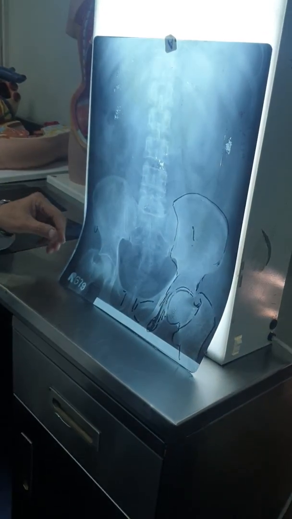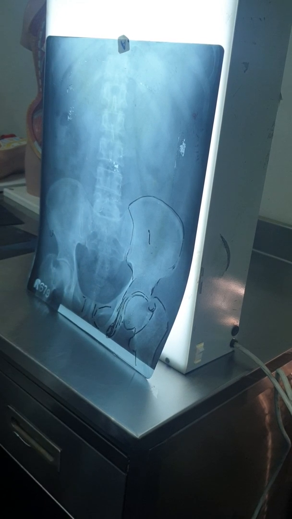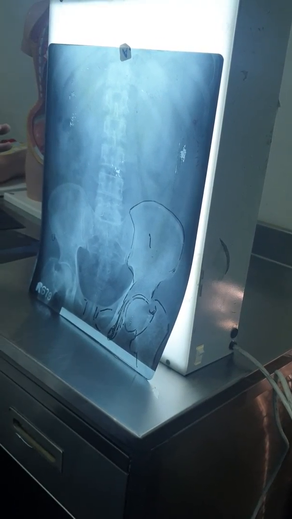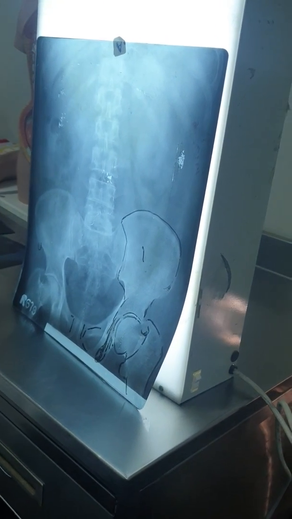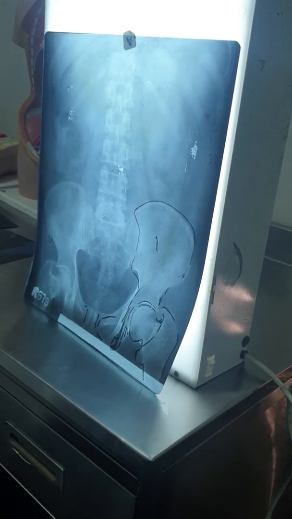X-ray, and I think this is the best one. Good X-ray. Somebody has drawn it, the hip bone. Now you know that in the lower abdomen, pelvis, lower limb, upper limb, if you just concentrate on the